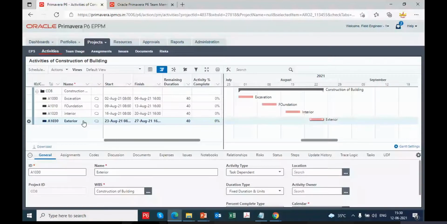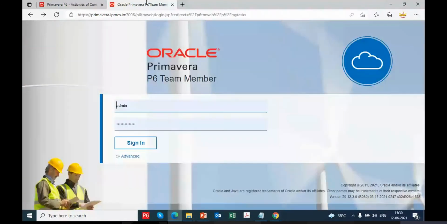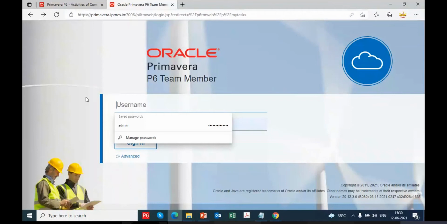After assigning the resource, now you can go to the team member application. So this is the team member application. I'm logging in with the site engineer's ID, user 1.